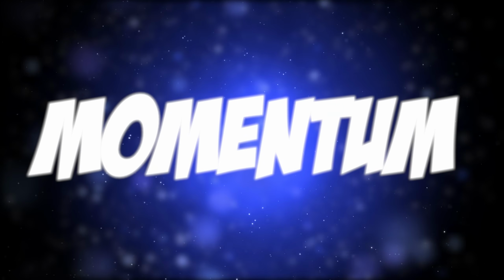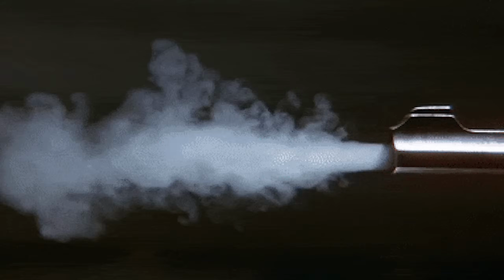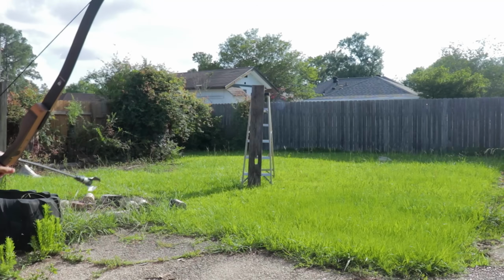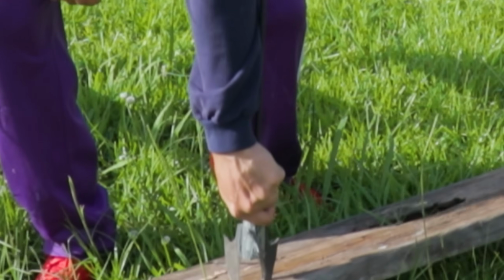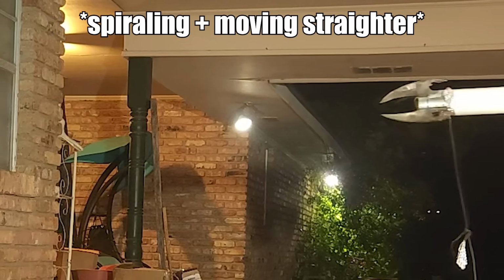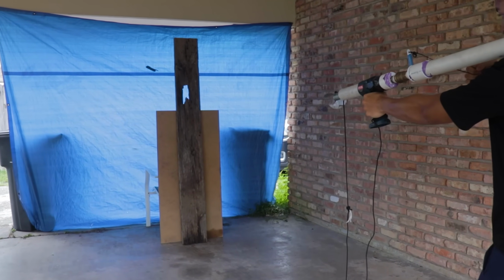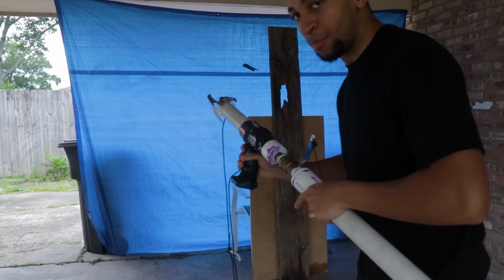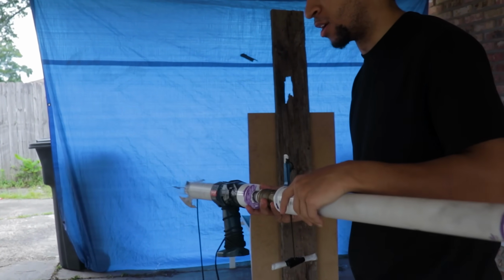Because angular momentum is the exact reason why spiraling a football is so crucial to it traveling straight. And this even applies to bullets. Or perhaps there's just insufficient pressure behind the launch. And this bow had a draw weight of about 70 pounds, and that's a lot of weight behind this. Because I did notice that later on, whenever I pulled the valve quicker and spiraled the rope around the claw, it usually shot straighter. So that's what I'm attempting to go for here. See, my problem is I keep stepping on this excess rope and then it just keeps throwing it off track, so...